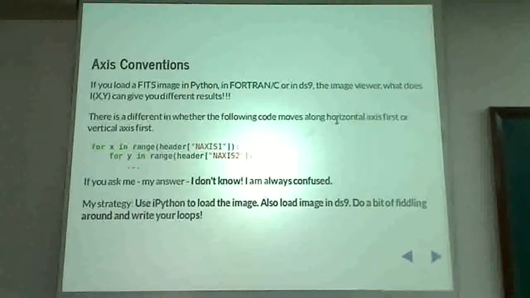Now PyFITS has its own convention of what is fast and what is slow. There are rules, I could have listed those rules, but even if you read those rules 10 times, you would still not understand them. The simplest piece of advice I'd give you is to load your image in DS9, take your cursor to any pixel of your choice, read the value, load it in PyFITS in an interactive shell, access that and compare the values. If they match, it means you have understood what the DS9 convention and the PyFITS convention is.